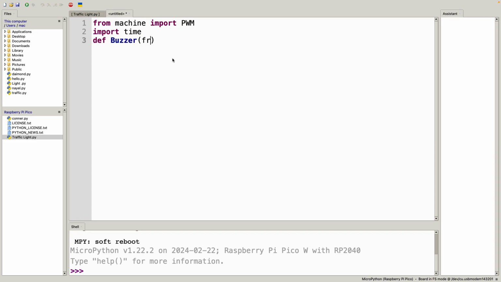So the buzzer needs 2 things: frequency, you can define your own function, frequency, duty. Okay, and then the time, you can put it as a parameter. And you pass these 3 parameters when you call the buzzer. It can set up the whole,